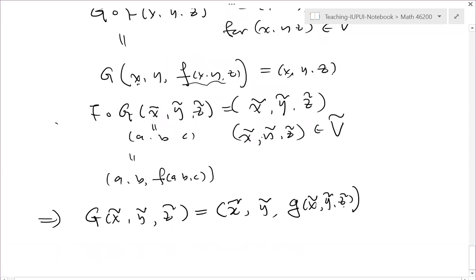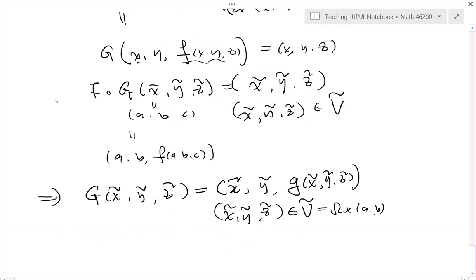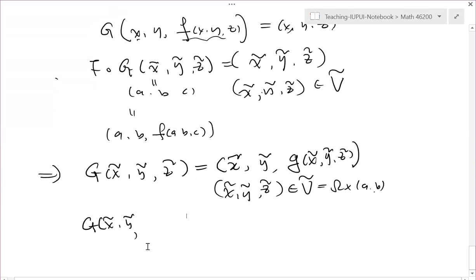This is in general true for x in the interval, in V tilde, which is omega pi. And in particular, when I choose K, then